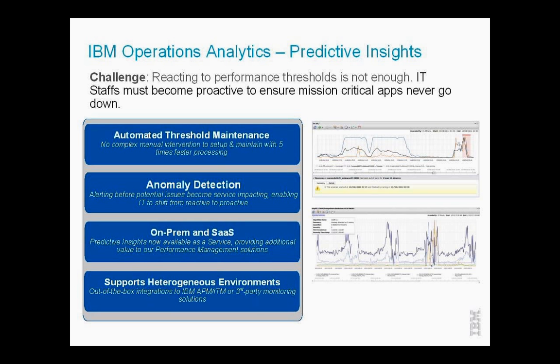Anomaly detection, right? The notion of being able to tell you, like I said, we learn what is normal in your environment. And when something starts to emerge as deviating from normal, it can let you know so that you can go ahead and investigate the problem, find and fix the problem before it becomes service impacting. And in practice, this early warning can be anywhere from 4 hours, 8 hours, even like 24 hours prior to where you might have gotten an alert using static